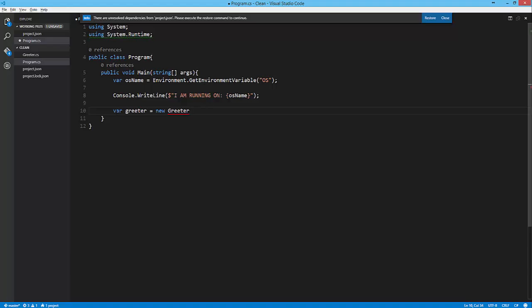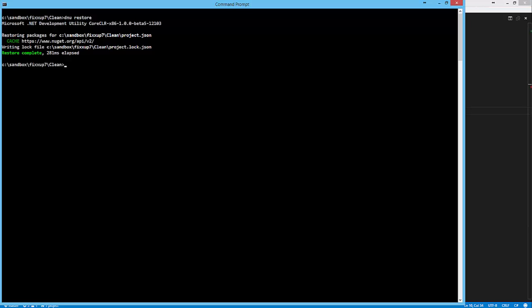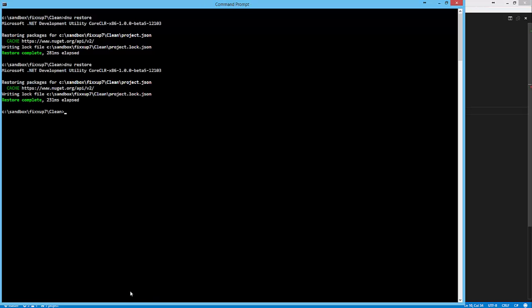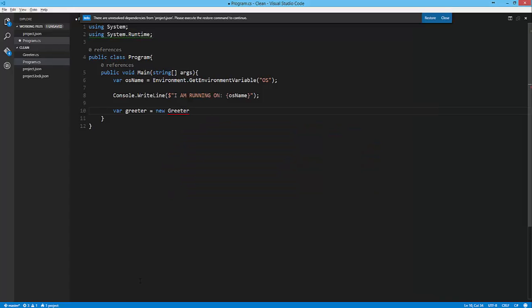That's obviously looking for a reference. Going back, I do the same thing, dnu restore, go back there again, and then I can create a new instance of the greeter class. Then I can use the greeter class to greet on the screen. I can pass in a name. Let's say Fani. And then lastly, we'll call Console.ReadLine.